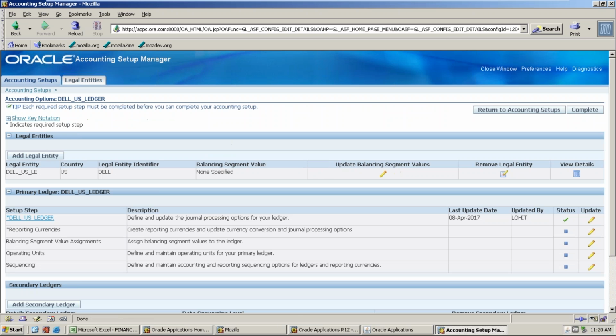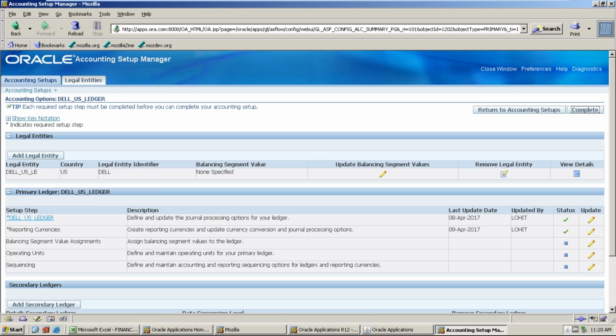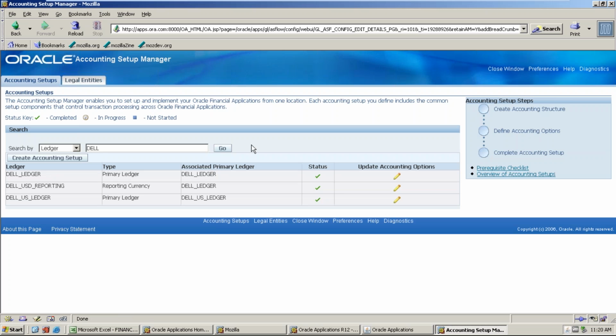Okay, click on here, and because the reporting currency is not enabled, and it's mandatory, click on update and complete. So then just complete it. When it asks whether to complete this one, click on yes. That means the status is updated. Okay, you are done with the family ledger. So now